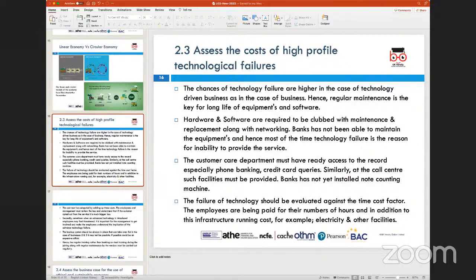So here again, in this example, when it says assess, what we need to be able to do is talk about the advantages and disadvantages of what happens by taking an example of what a high profile technological failure would look like. For example, if a bank's online system, which I've used as an example throughout the presentation, is hacked and usernames and passwords are stolen, then the bank would have an irreparable loss,